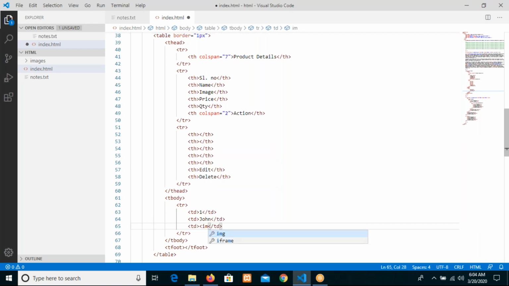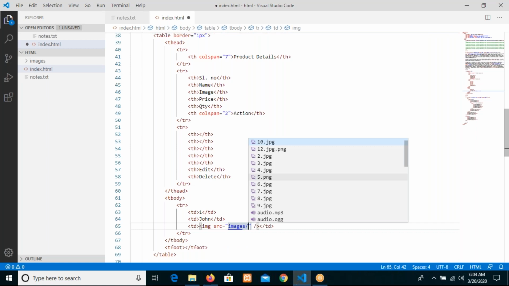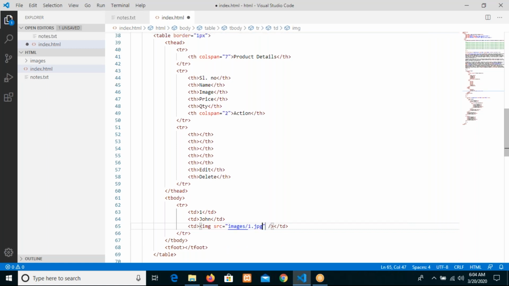For example, let us show img src, image something, and